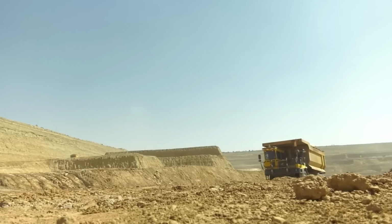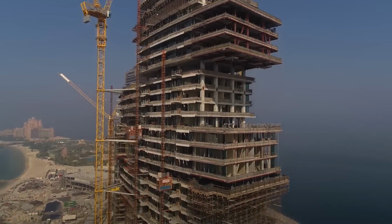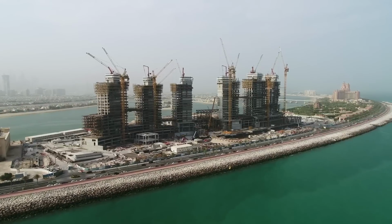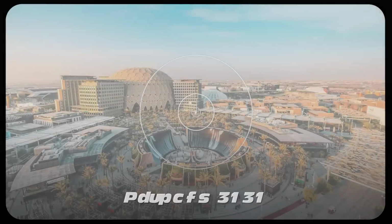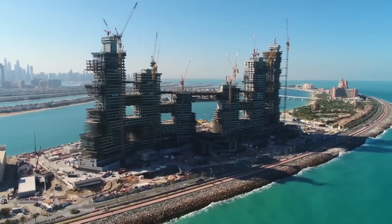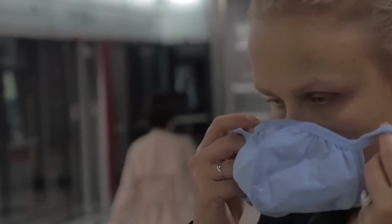Construction of the Royal Atlantis began in 2014, and the work on site began in 2016 with the planned completion date towards the end of 2020. This date would ideally coincide with the Dubai Expo that happened in October 2020. However, the completion of the resort was delayed due to the build being technically challenging, as well as the impact caused